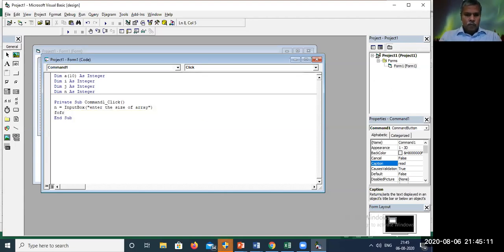Then for i equal to 1 to n, A of i equal to input box: enter elements.